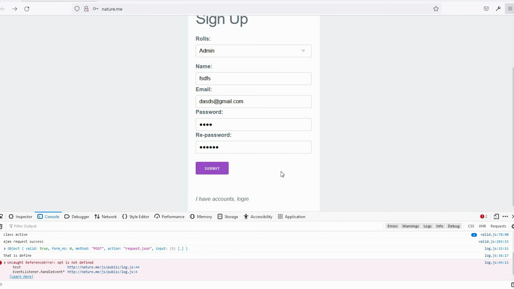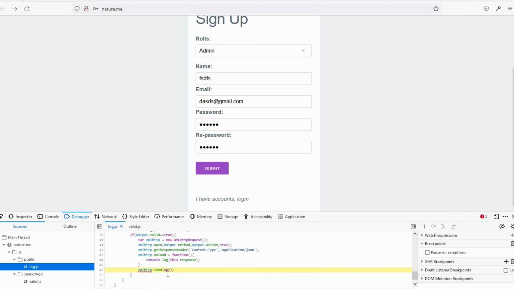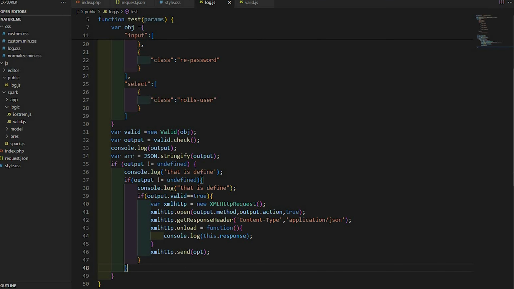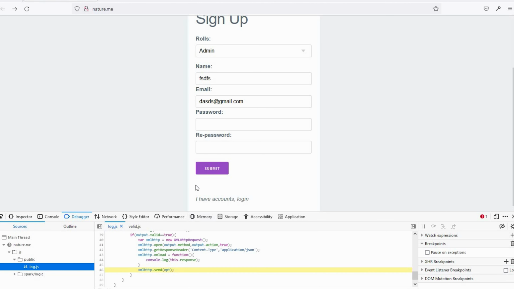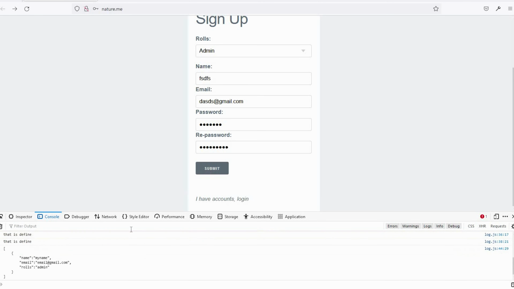Sorry, the variable name is error is check. I set the wrong variable, therefore I face this error. Okay, that is right. I create an AJAX request